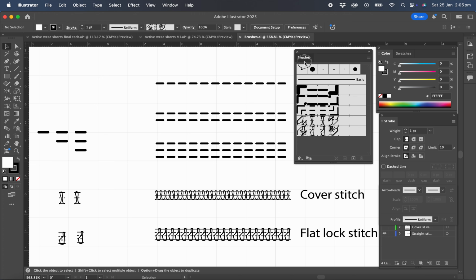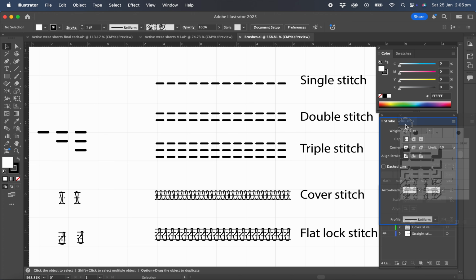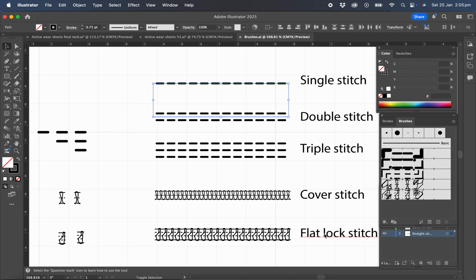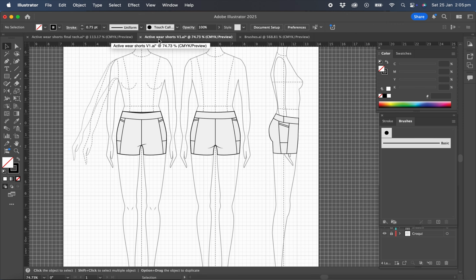I'm happy to dock that in beside the stroke for the moment just to free up some space on the page. And we can take all of these brushes, but we actually don't need the cover stitch. We only need the single, hold shift, the double, and hold shift, and we'll select the flat lock and we'll copy those. Command or Control C, put them on the clipboard,